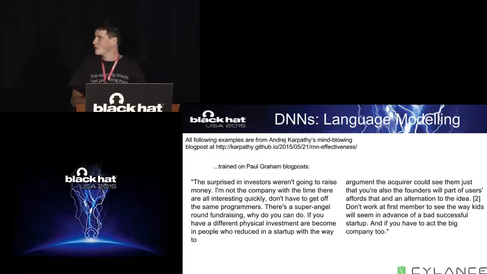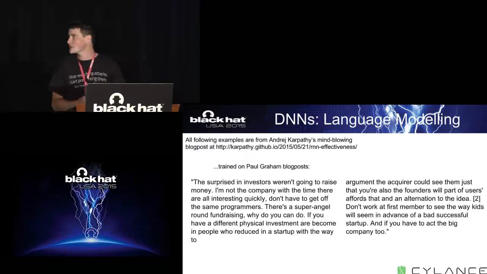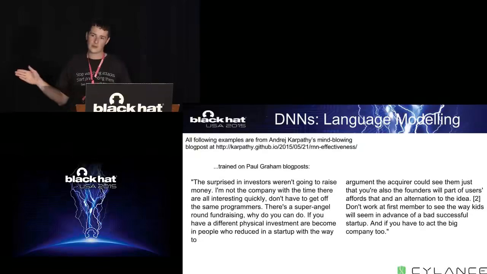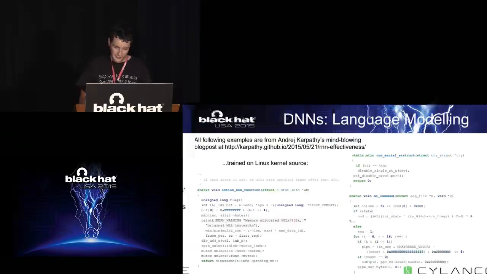Another kind of funny one is Paul Graham blog posts. You can see it's talking a lot about angel investors, startups, things like that. These models are actually stochastic. There's a bit of randomness to them, so you can make them output more predictable things by changing how it samples. Anyways, the funny thing about the Paul Graham blog post is if you make the model super deterministic, it gets stuck in this loop of talking about startups. I think it says something like about the startup, about the startup, about the startup. It just turns into a broken record.